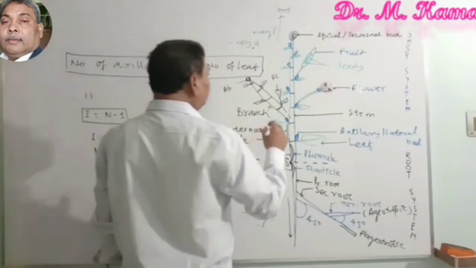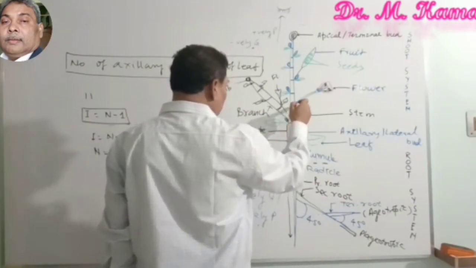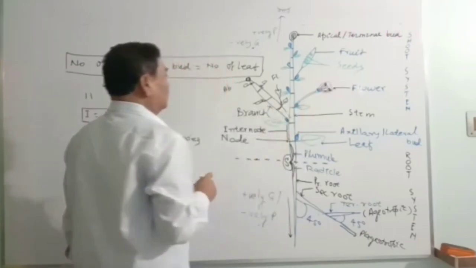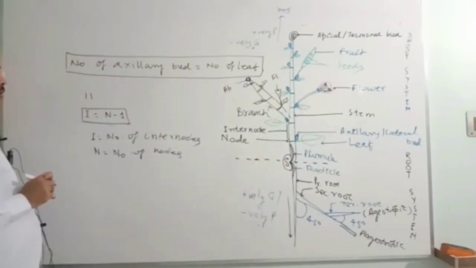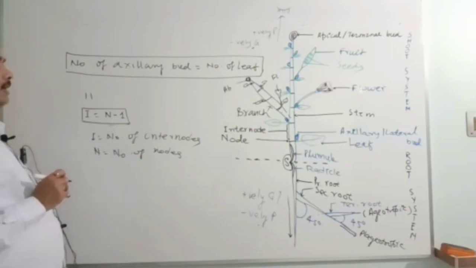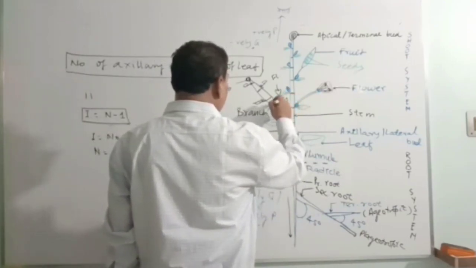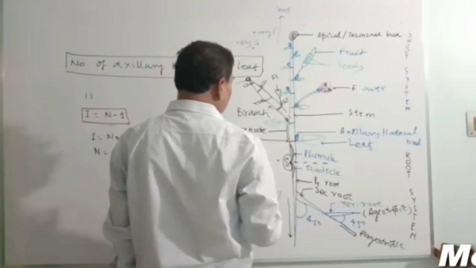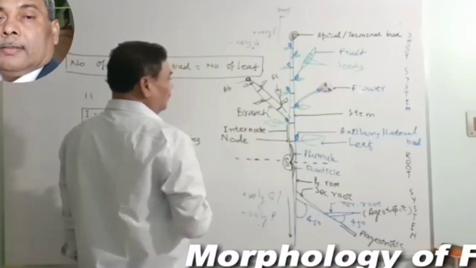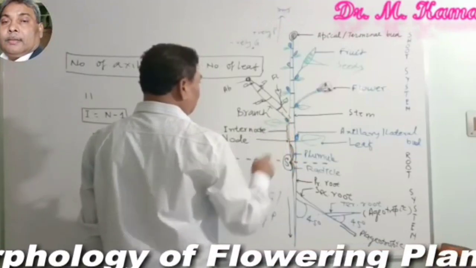So, branch and flower arise from the axillary bud, that is, they have the same origin, but they have different functions. So, branch and flower are homologous structure. But if you compare a stem and branch, they are analogous structure because they have their different origins but similar function. A stem arises from plumule and branch arises from axillary bud.